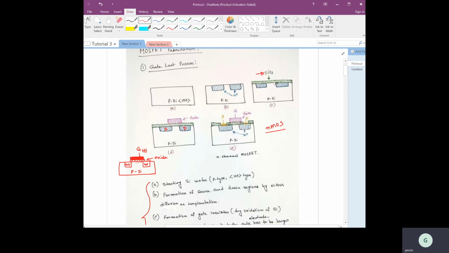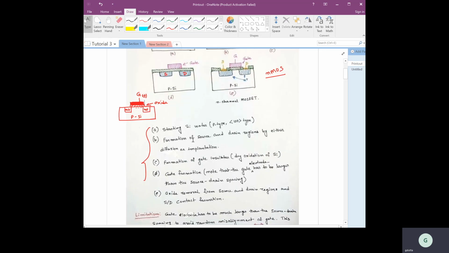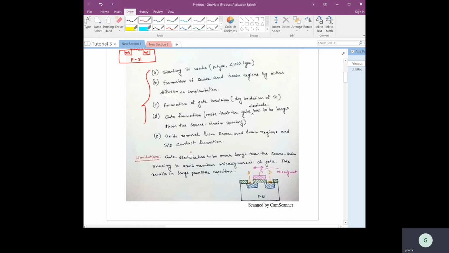In lithography, there is a good chance or possibility of misalignment. To avoid this random misalignment, what do we mean by misalignment? Misalignment means that when we are aligning this gate on top of the source and drain N plus regions, your gate metal might shift a little bit towards the left or towards the right, right?